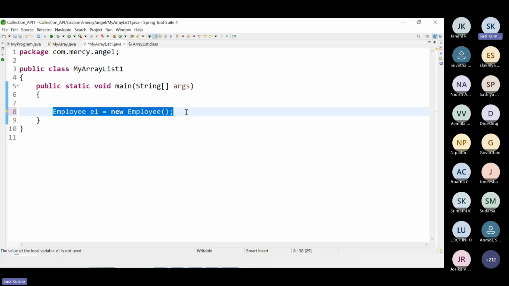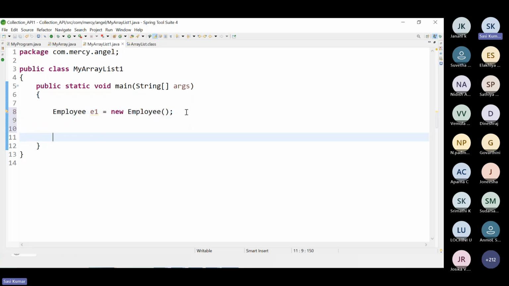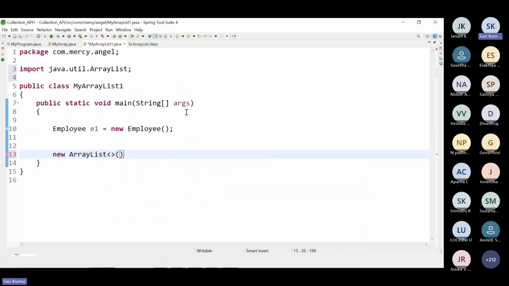So this is how you can create a typical object for any class. Similarly, you can create one for ArrayList. We use new, for which class are we going to create it? ArrayList. You can type ArrayList, then open bracket, close bracket. This is how you can create an object of ArrayList. So who is going to point to it? Again, you can copy paste. It is going to be pointed to by an ArrayList type reference variable.